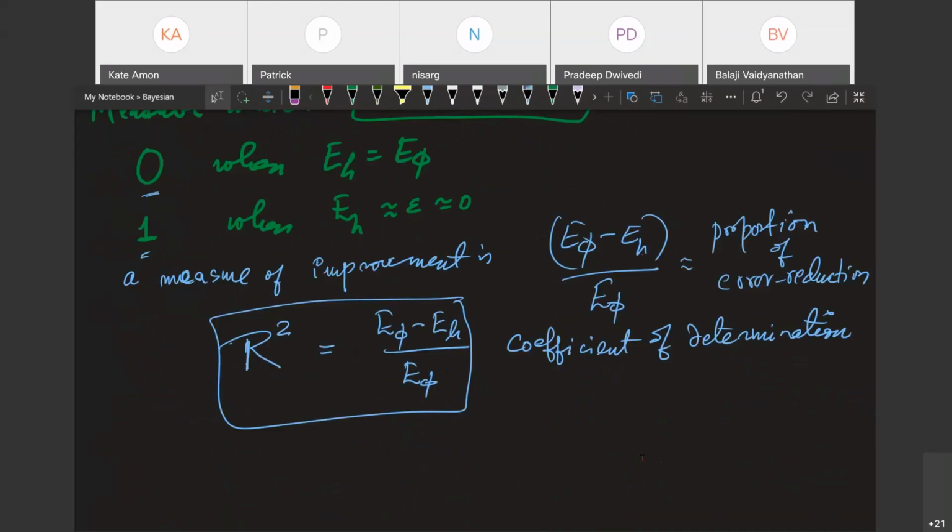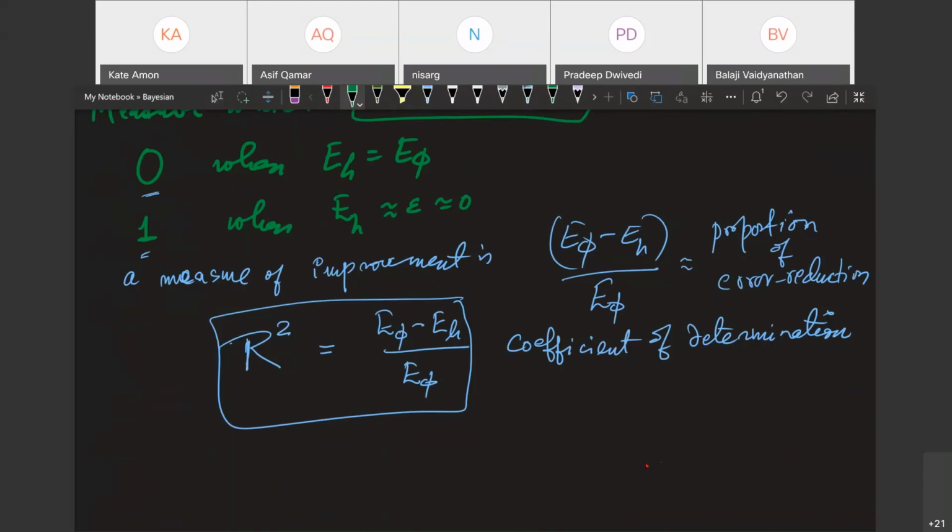And so we have this as a measure of the model. Unfortunately, people are so fixated on this measure, it's so influential. They get a good R squared and they start jumping around thinking that they have made a good model. But actually, one of the lessons I want to mention is that one metric does not prove that you have a good model. There can always be a better model. The fact that you got an R squared greater than 0 means you are on the right track. It may not necessarily mean that what you're doing is the best thing doable. There may still be reducible errors by using a better hypothesis.